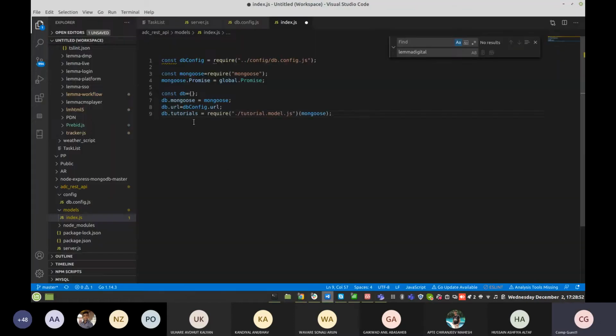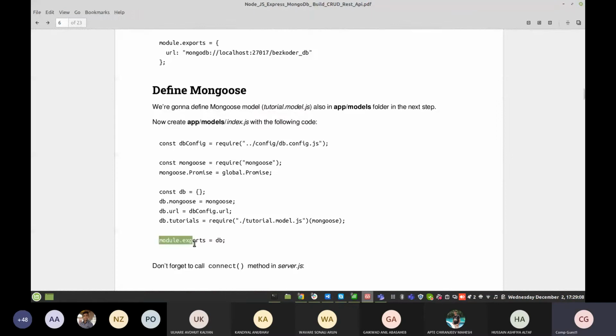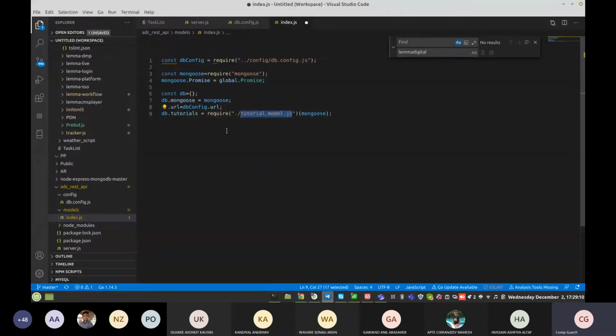This is tutorials, the collection that we have created. We need to create this tutorial model as well, since currently we don't have it. Then export that DB. Once you export it, all the collections can be accessed through these DB modules.